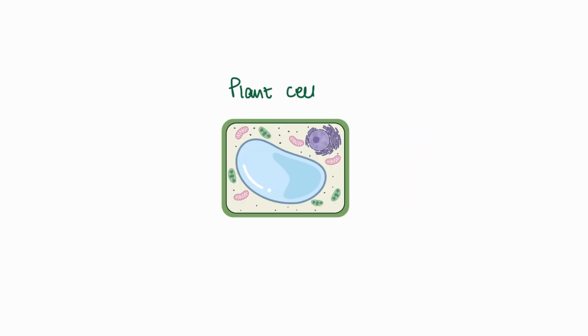Alright guys, enough about animal cells. Let's talk about plant cells now. So these, like animal cells, have a cell membrane, cytoplasm, a nucleus, mitochondria, and ribosomes. The difference though is that they have certain additional features that make them more adapted to be plants. Like the most obvious feature here is that the shape is very different from an animal cell, right? They've got a more definite, more geometrical shape.